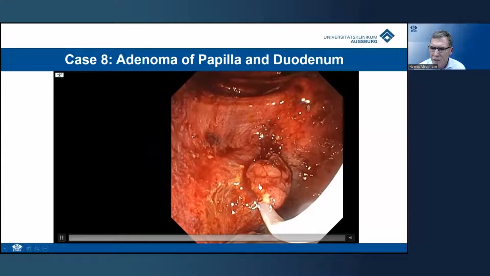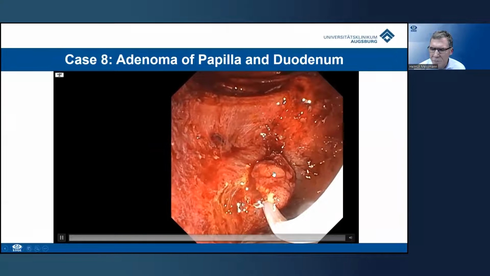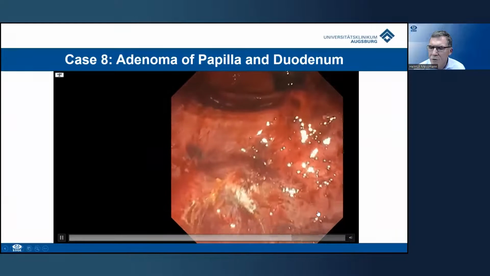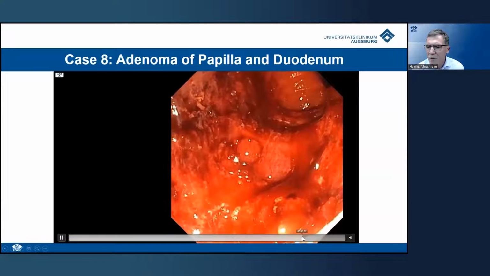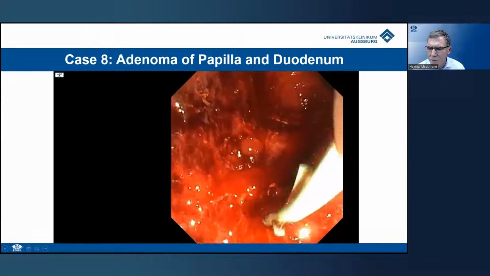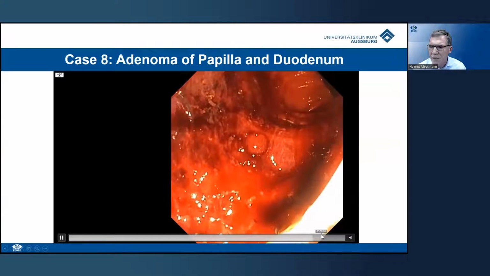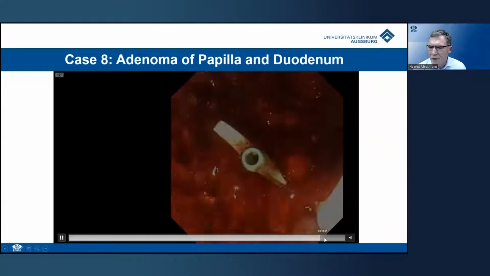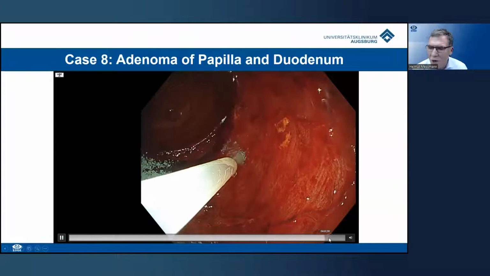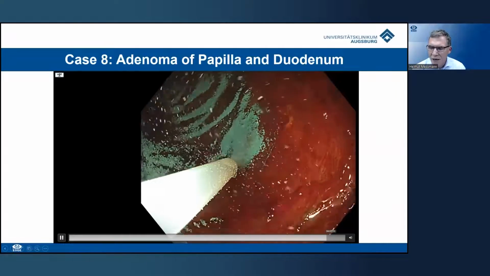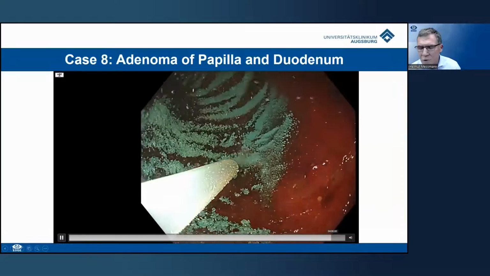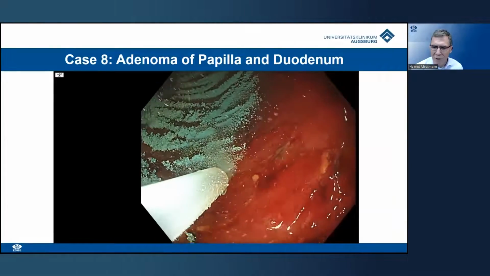Here again, a resection of some remaining tissue of adenoma. And at the end, we used again Hemospray. The pancreatic stent was inserted, and then another powder was used. And I thought it might be enough, but we performed a control endoscopy, planned 6 hours later, but